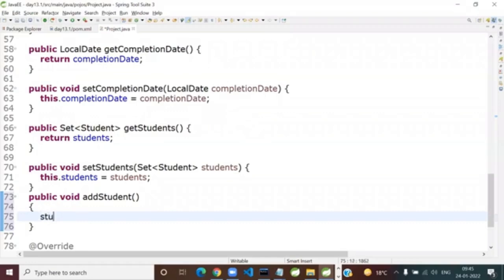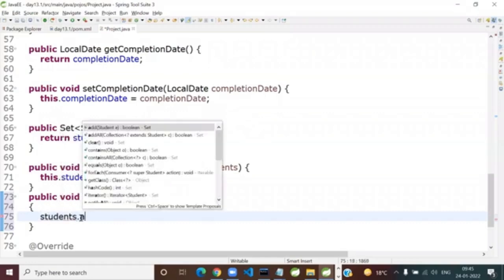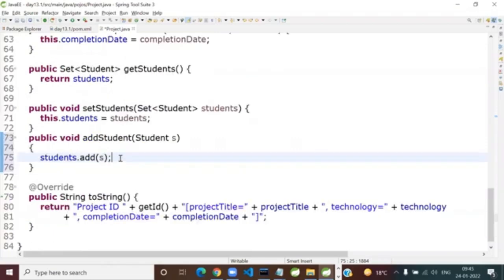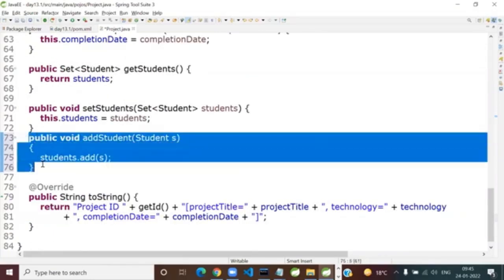How do I do this? The students property, dot add, and the student. But there is no reverse link to establish. So this is sufficient, because from student, currently we are not navigating to project. Had it been bidirectional, anytime you add it, you would have a reverse relationship also.